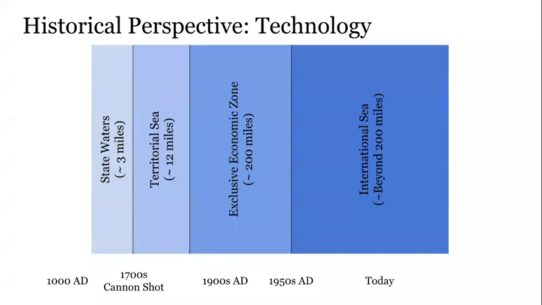The divergence between advanced and developing coastal nations led to the need for an international agreement on these issues, and this has resulted in UNCLOS, the United Nations Convention on the Law of the Sea, over the past few decades. The results of UNCLOS, which are ongoing since 1982, are a set of generally applicable rules that are followed by most coastal nations today. So what we're saying here is that from the 1700s, we have the cannon shot rule.